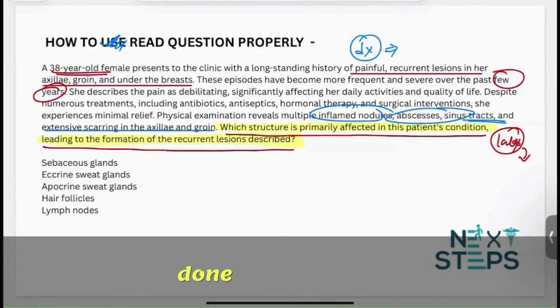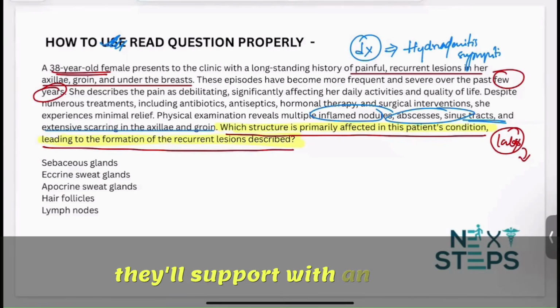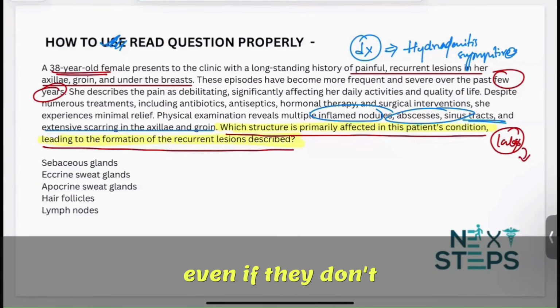So those who have done dermatology, what is the diagnosis? I know suddenly we got a subject, right? We were in a different mood, but there are some questions that we should be able to answer even during sleep. I guess this is one such question. Yes, this diagnosis is very simple. This is hidradenitis suppurativa. Classically, they'll support it with an image, but even if they don't give the image, they have described the lesion with which you can diagnose.